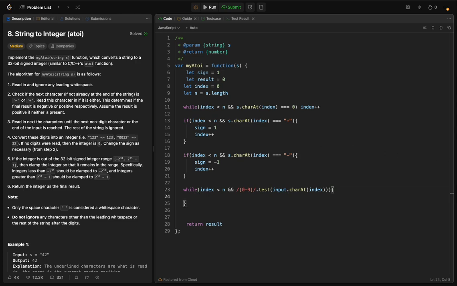So this line in JavaScript, the regular expression test, checks whether the character at the given index position in the input string is a digit from 0 to 9 or not. So let's create a digit variable. Let digit equal